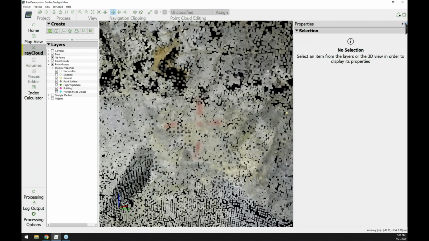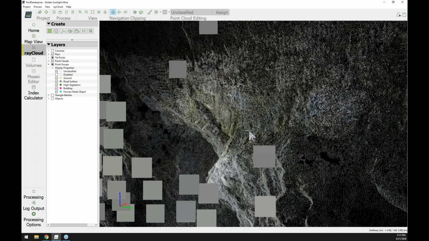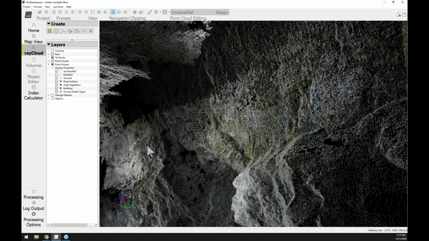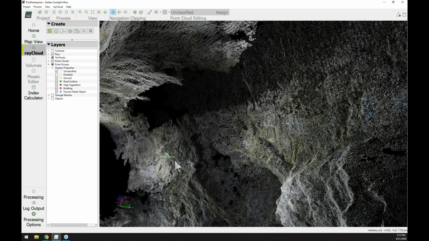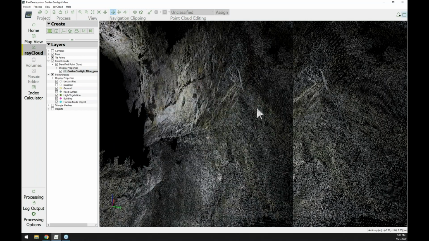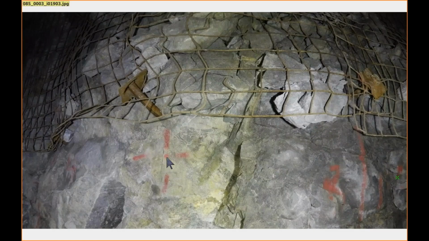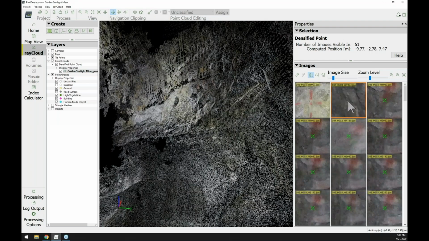Okay. Now, for the sake of today, I'm going to add just one manual tie point. Oops, I need to get back inside the environment and find that manual tie point that I had just been looking at before, which is right here. Okay. Now, for the sake of today, let's just imagine that I can clearly identify the distance between these 2 points. The first point is near this spray painted target that you can see here, and I'm going to use the center of it. Now, once I've found that object, or that feature, in at least 2 of my images,